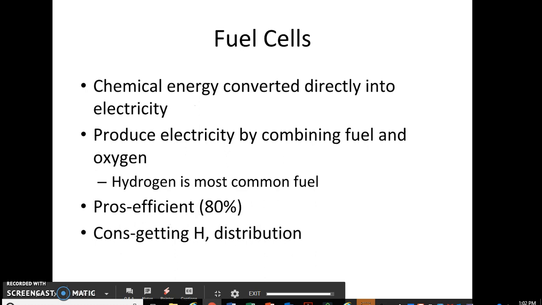Now finally, what I want to finish with are fuel cells. So fuel cells are considered to be renewable because our primary source of fuel is hydrogen. And there is a way to split water and create hydrogen and oxygen. So hydrogen could be a pretty unlimited fuel source. And so here we're converting chemical energy directly into electricity. And what we use is hydrogen and oxygen. So our pros: it's efficient, and by that I mean because it's just one step to creating electricity,